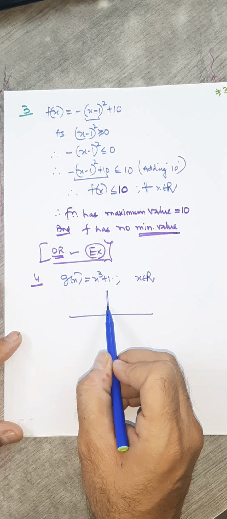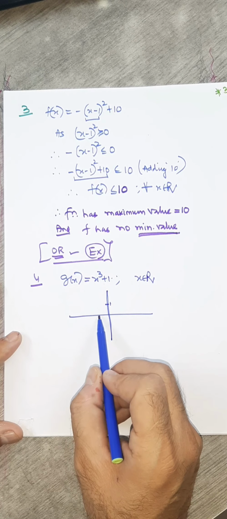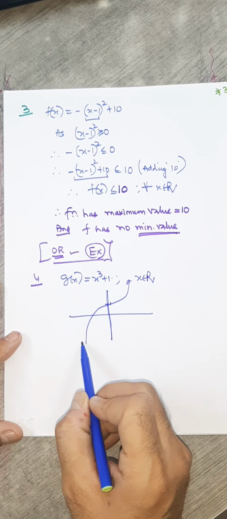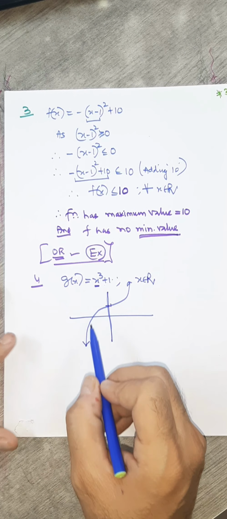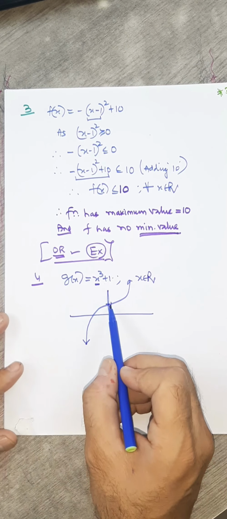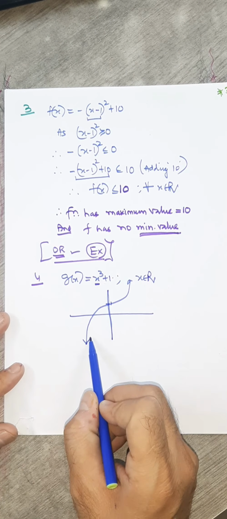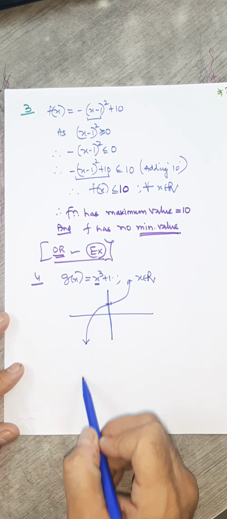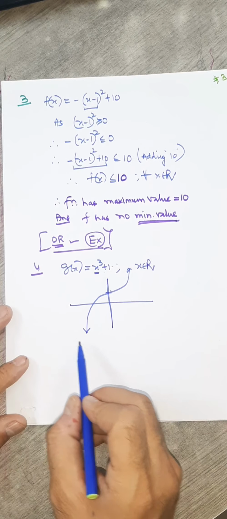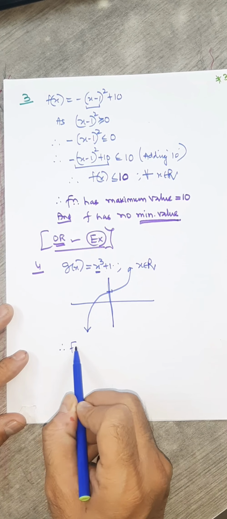At 0 it is 1, so it passes through 1 and it would be like this roughly. It's a graph of x cube as I have drawn earlier a few minutes ago, plus 1, so shifting on the y-axis. This is the graph. You see here it never ends, here it never ends. Clear? So you can say here function has